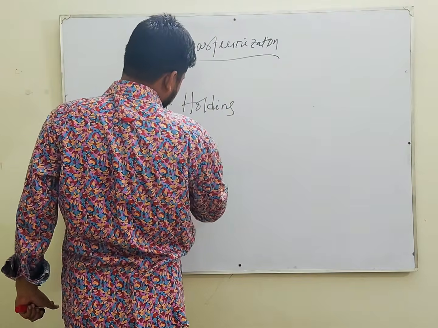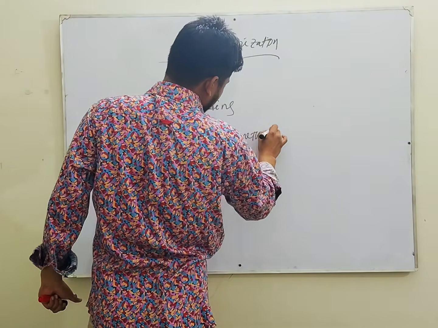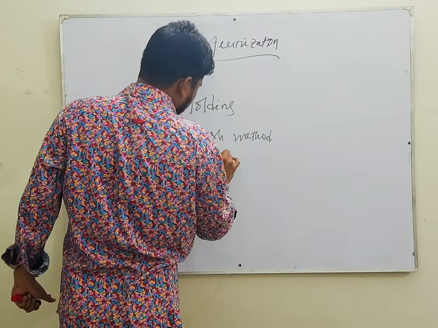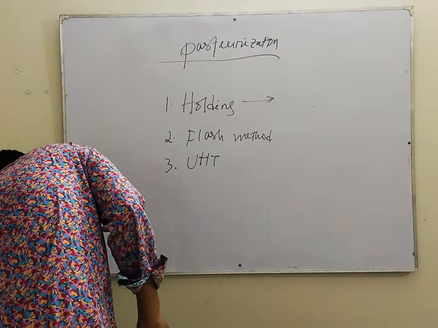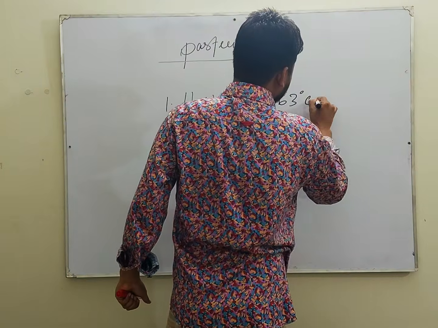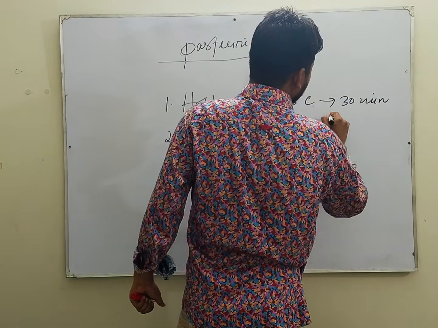Number two, flash method. Number three, ultra high temperature method. In holding method, milk is heated at 63 degree centigrade temperature for 30 minutes and then